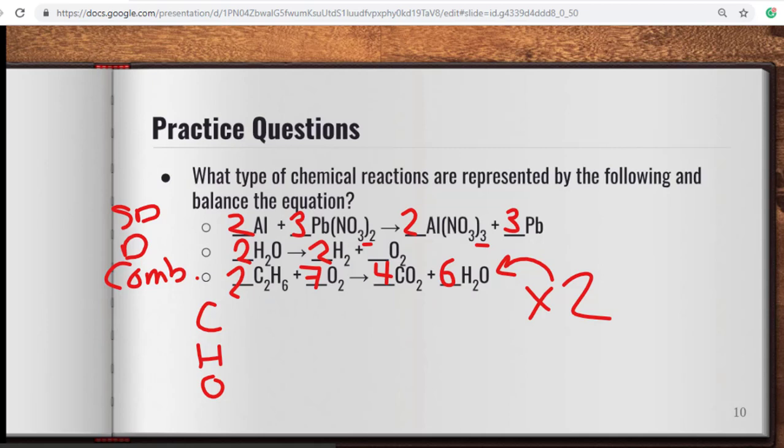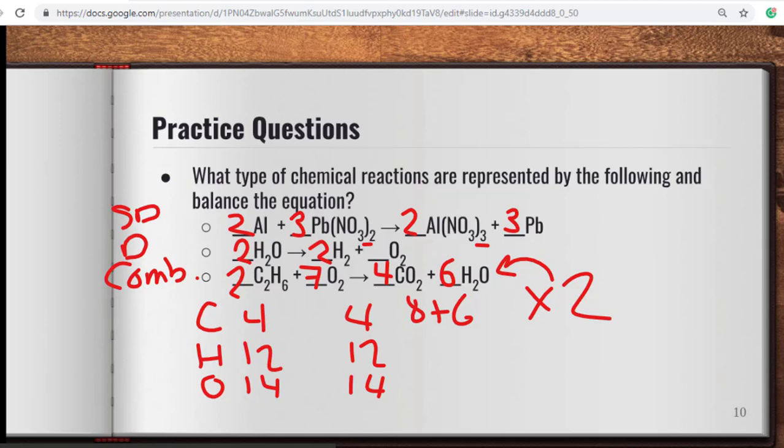It looks like we have 4 carbons on the left and 4 carbons on the right. 2 times 6 is 12 hydrogens, and 6 times 2 is 12. We have 14 oxygens. We have 8 oxygens there and 6 there. 8 and 6 is 14. So we're completely balanced. So again, keep in mind, identifying reaction types does help you with the process of balancing